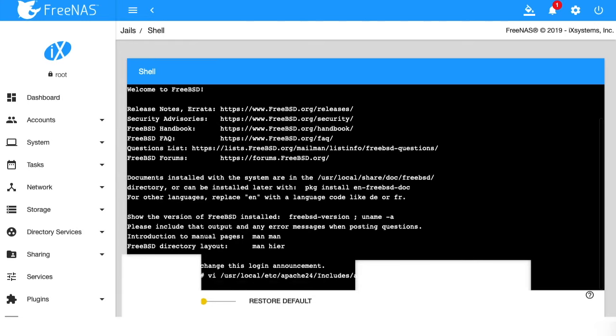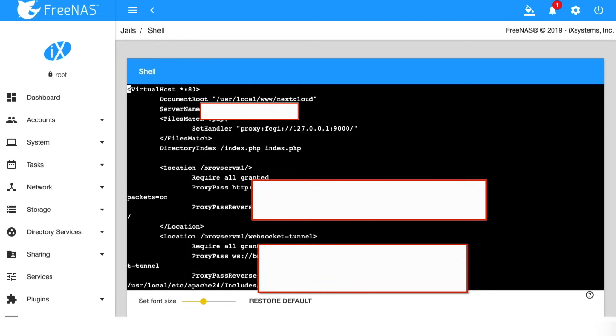But if you go to the configuration, what I did was, I'm gonna have to blur a lot of things. It's gonna be a pain to edit. But anyway,